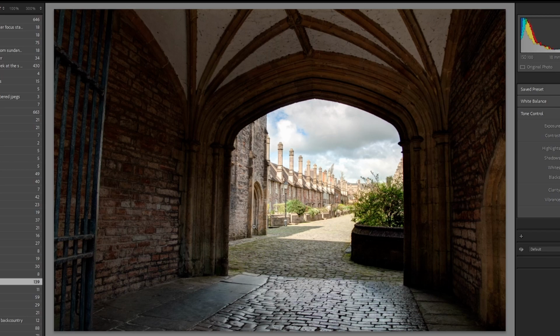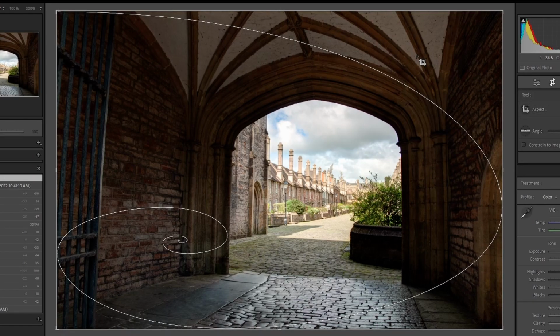Here's another example of a frame in a frame. This is Vickers Close in Wells, England. It's an old medieval street that goes down in dead ends, and I really liked this gatehouse. So I framed the image with the gatehouse and the door opening up, showing the street. If I look at the compositional aspects of this,